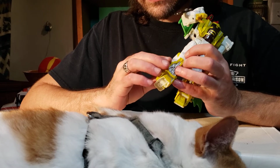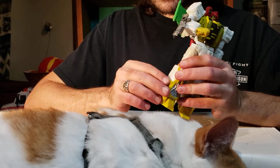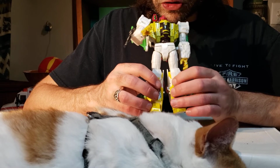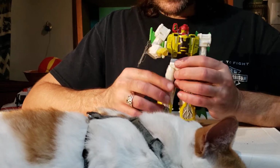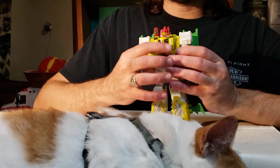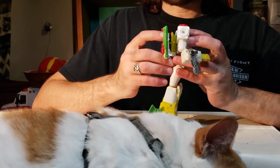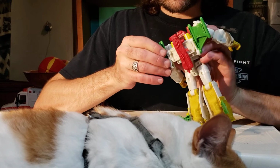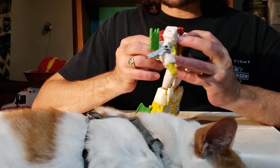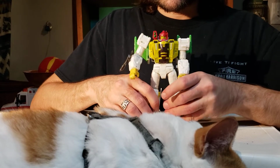And siege port wise, he's not doing bad. He's got one in each foot, and then one on the side of each leg, and I'm pretty sure he doesn't have one hiding amongst the sculpt work on the front. Nope. So that's four, and then he's got six on each arm, the normal six, so that makes 10, and then he's got one on his back to make it 11. I am pretty sure that is all the siege ports he is granted, 11. But 11 is not a bad number of siege ports. Not at all, good sir. And the fact that you have cool weapons on the sides. Anyway,